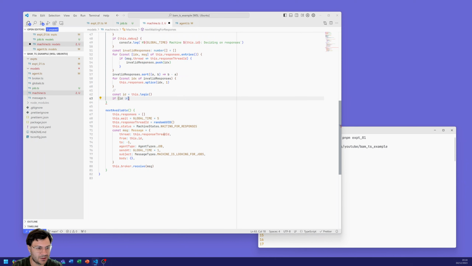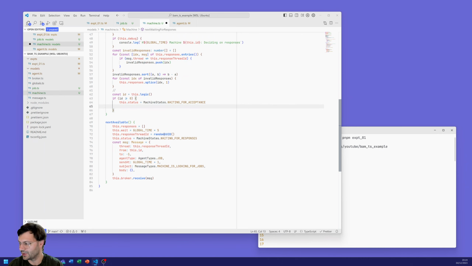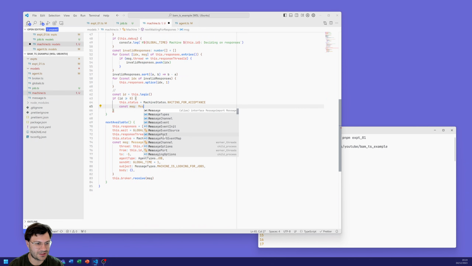If the ID greater than equals to 0, then we will respond to that with a machine as selected. So we'll just update the machine states dot waiting for acceptance, and then we go message type message,